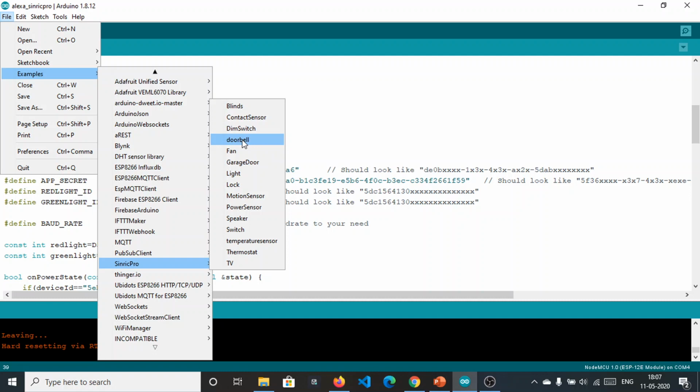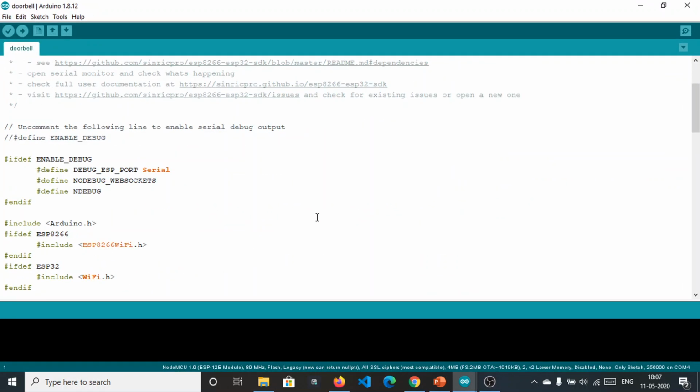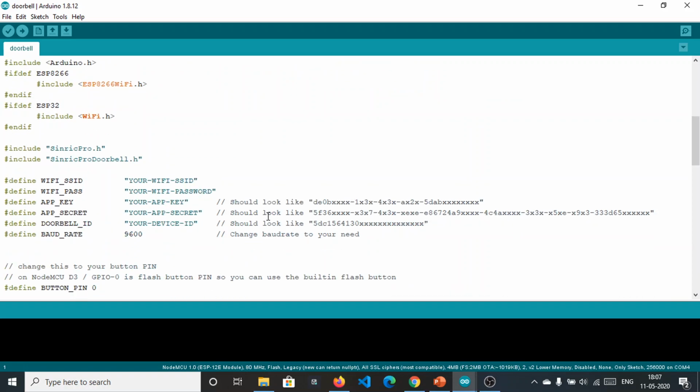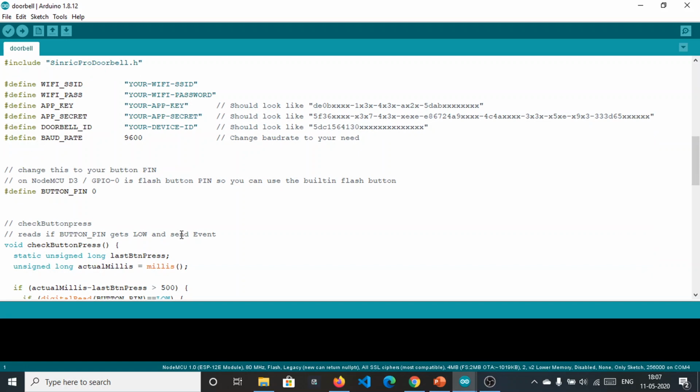But if you see here, there is a doorbell. What this sketch is doing is, it uses a push button. Okay, input pull up push button, connected to pin 0, which is D3 of NodeMCU, which means that if you click on the push button at pin D3, it will send a signal that will generate a voice command at the Alexa end.